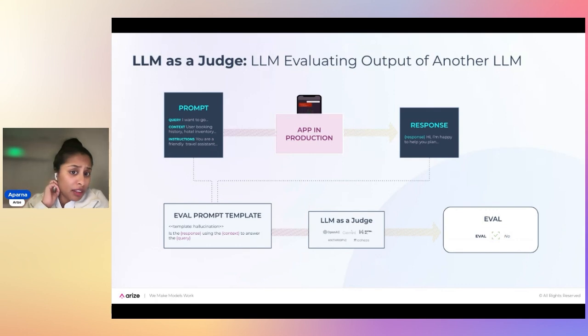For those of you who are not familiar with LLM as a judge, I'll just do a quick overview of it. LLM as a judge is basically you're passing in your application prompt. This is the prompt into the application. You generate a response from it. And then you use all of the information that was sent into the prompt or the response, depending on your template. In this case, for my hallucination template, I'm asking, is the response that was generated based off of the context that was actually used to answer the question? And so this was all passed in to the LLM as a judge to evaluate the response. And it came back with no or yes, it did hallucinate.